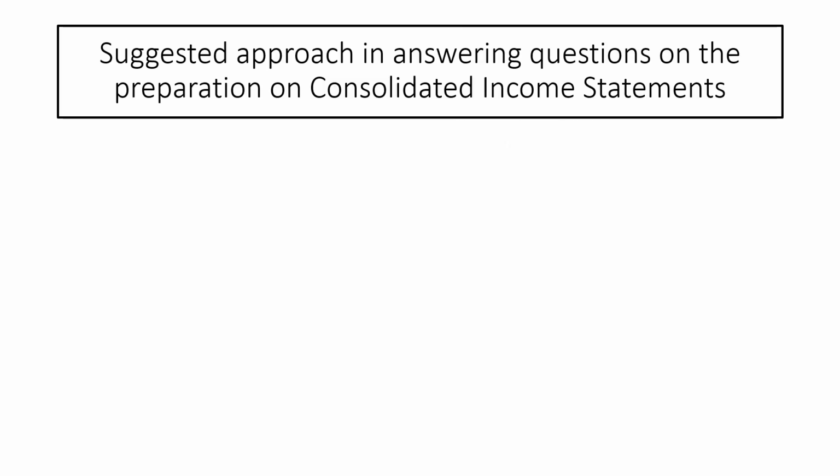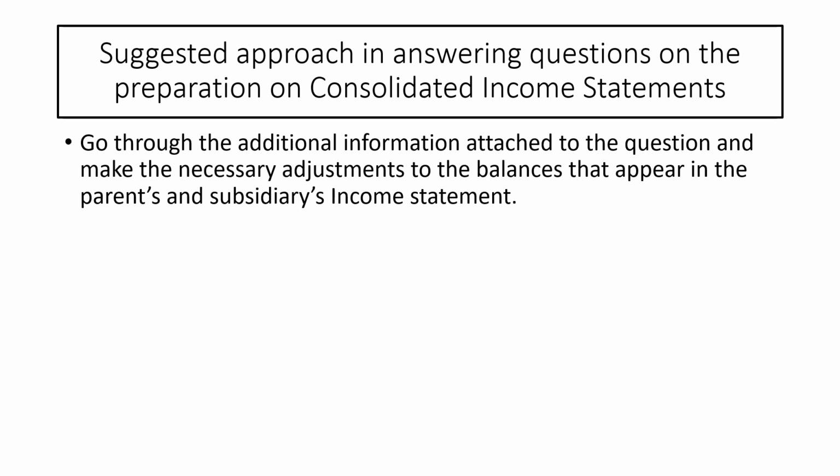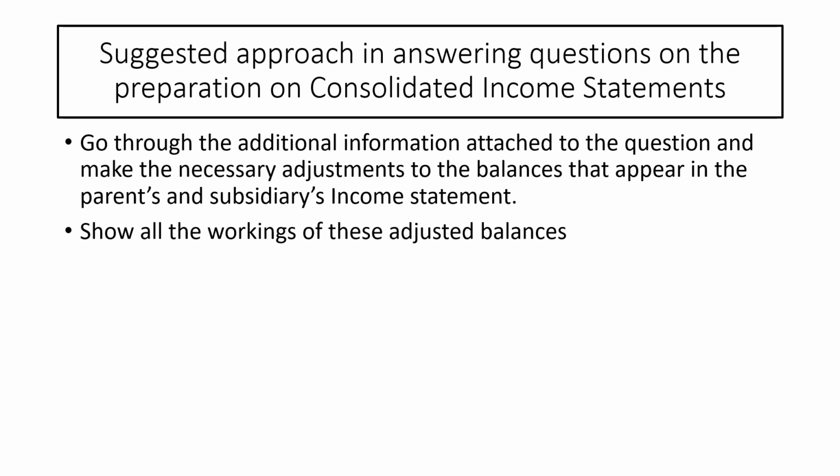Here's the suggested approach in answering questions on the preparation of a consolidated income statement. Go through the additional information attached to the question and make the necessary adjustments to the balances that appear in the parent and subsidiary's income statement. Show all the workings of these adjusted balances, and when you've done that, you can go on to prepare the